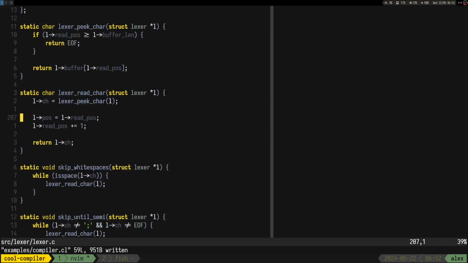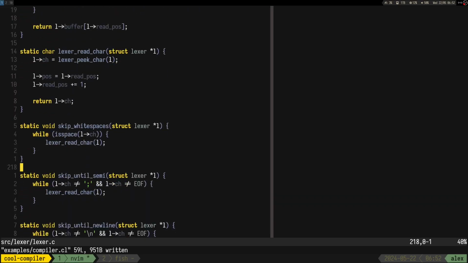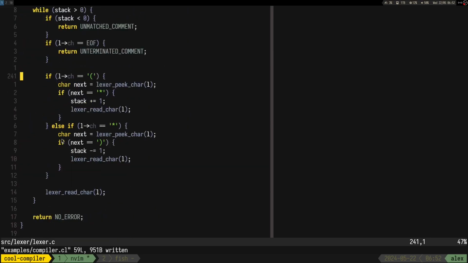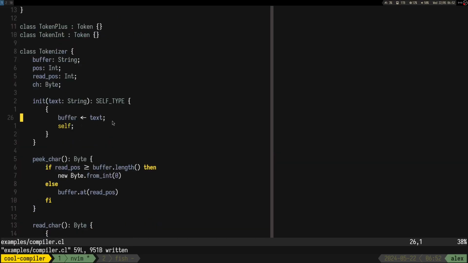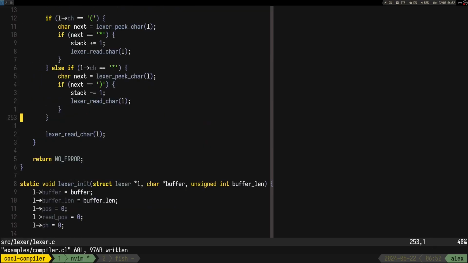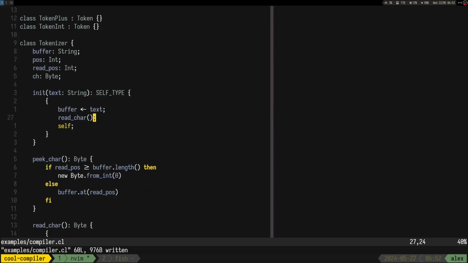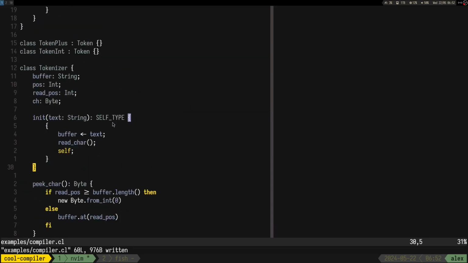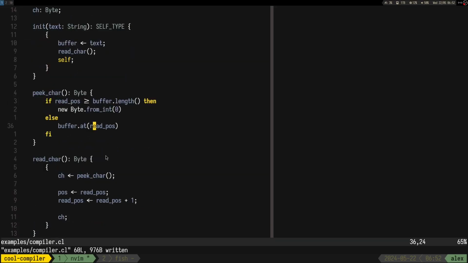Okay, and if you remember from the initializer, we have to read char first. So I think that's all for the base.